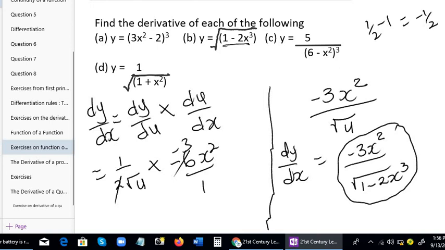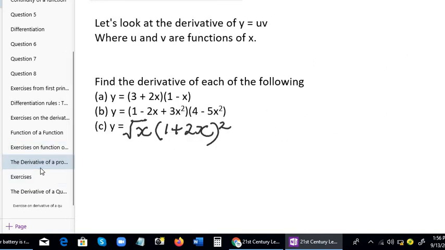Okay, I would like you to attempt questions C and D yourself. Now let's look at the derivative of a product. What if it involves multiplication? So let's look at the derivative of a product. Whenever you have